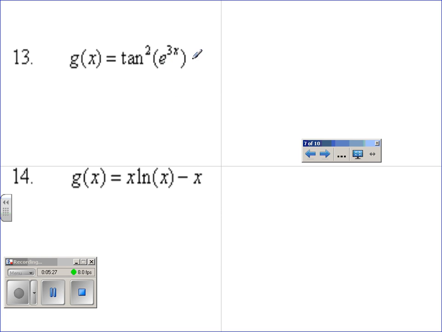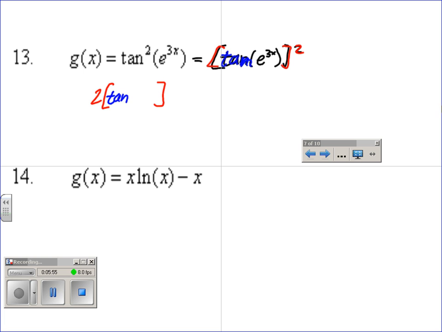Alright, rewrite this. Trig, remember to rewrite it if you have it raised to a power. So tan of e to the 3x in parentheses squared. This is another peanut M&M. We have the outside squared, and then we have the inner tan, and then we have the e to the 3x. So the derivative of the outside is going to be 2, lower the exponent by 1,